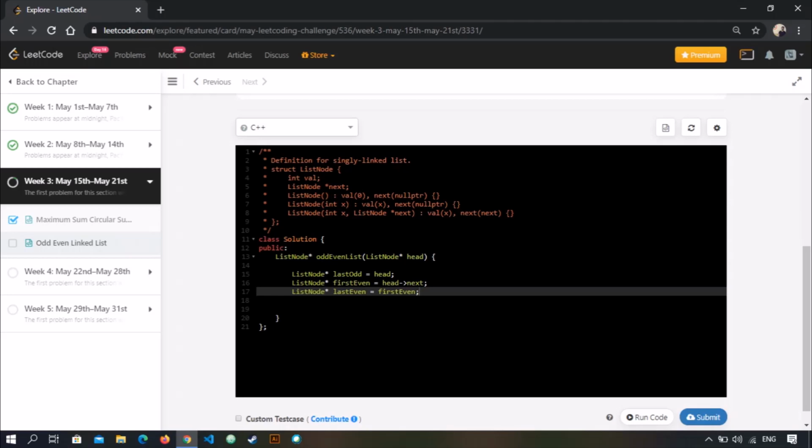Remember, if we were asked to put the evens first and odds at the end, we just have to track the first odd as well.